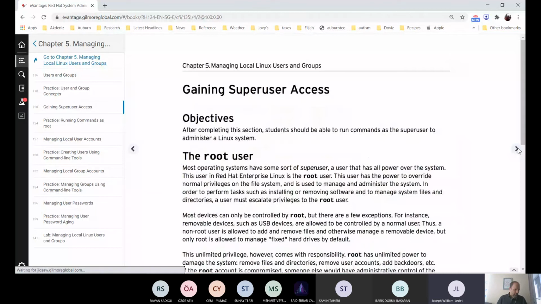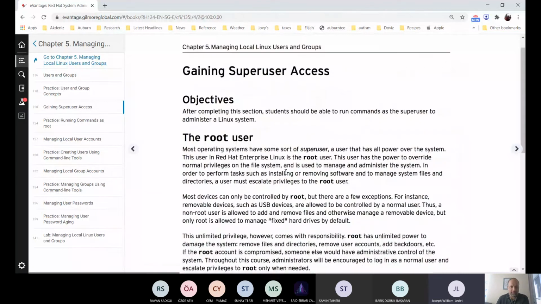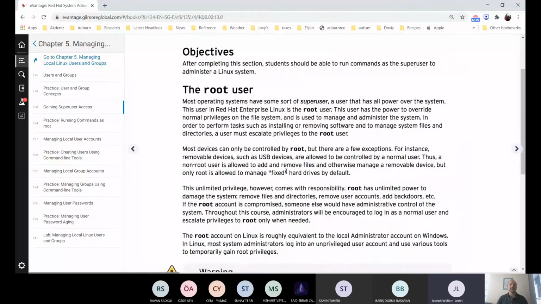So one of the things that we talked about before was that the root user was what we call the super user, or the big admin, like the one that can do anything. Okay, it's a power user. It can do anything on the system. Okay. Now we did say in a previous lecture that it was unwise, and it's generally said not to log